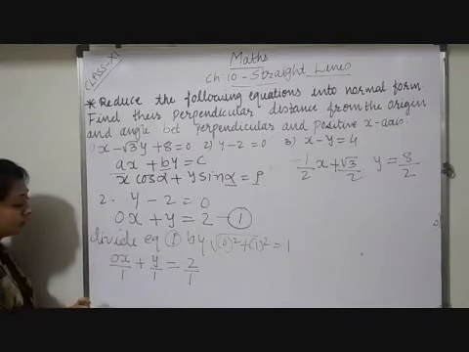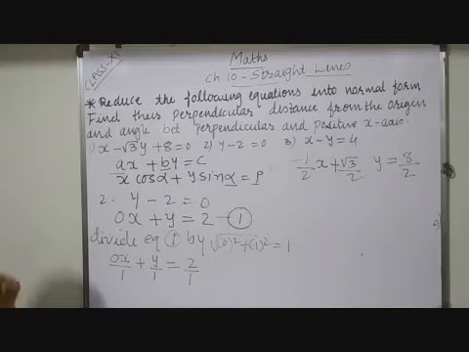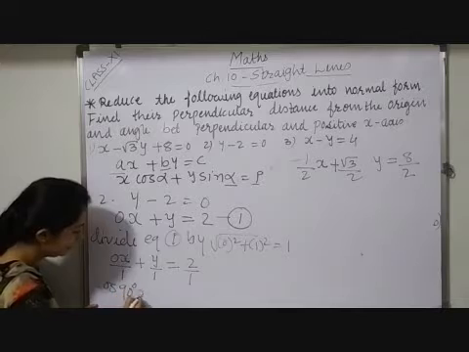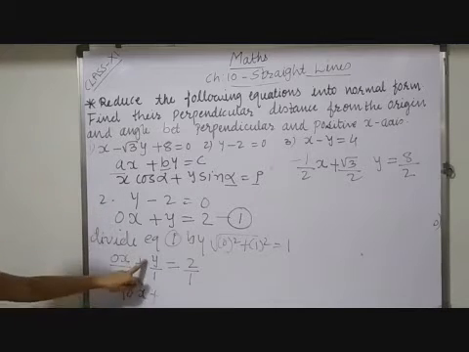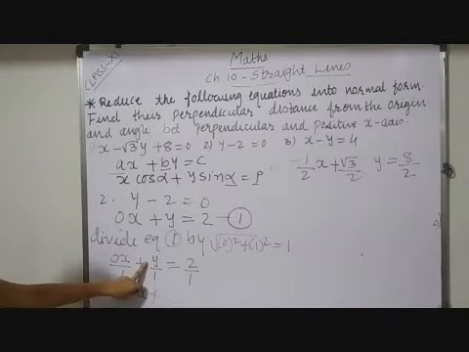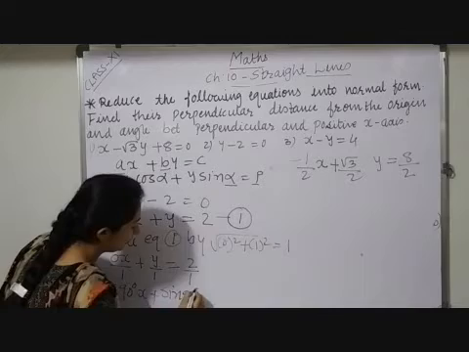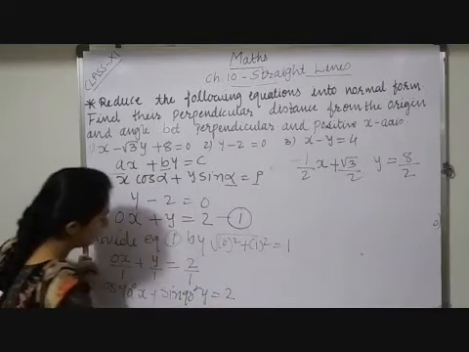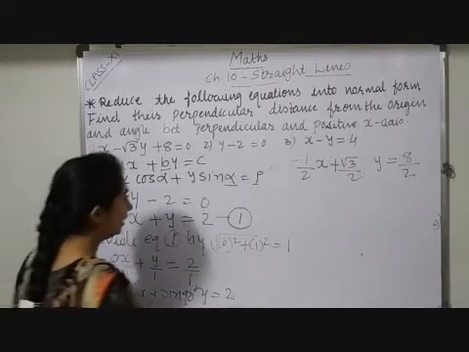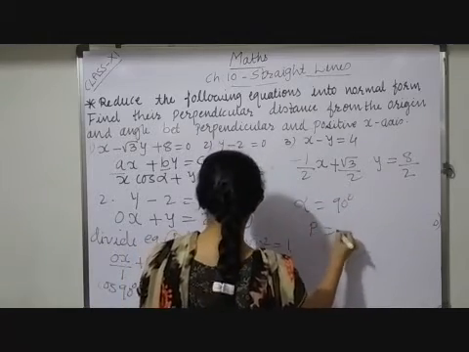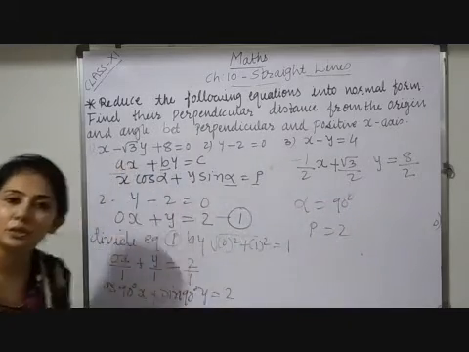Now 0 is the value of which cosine ratio? 90°. So here I will write cos 90° x + here the coefficient is 1, 1 upon 1, that is 1 only. So 1 is the value of which sine ratio? That is again sin 90° y = 2. So here your angle alpha = 90°, and perpendicular distance p we are getting 2.